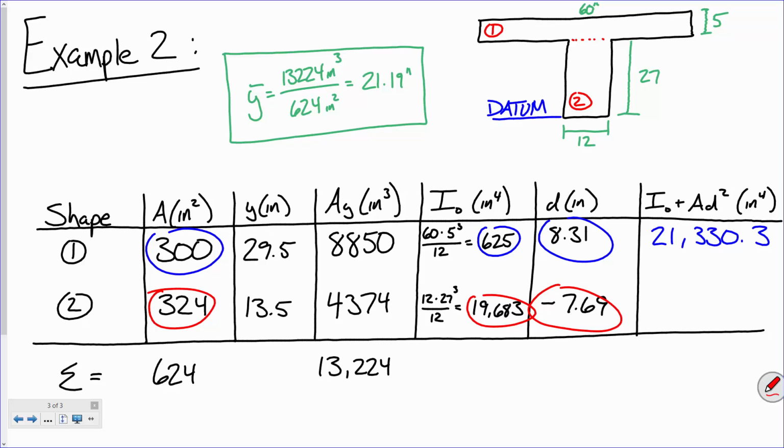And I end up getting 854.6. Are you getting that? Everybody matching that? All right. So add these two up, and I get 60,184.9. So what I'm saying is that for this entire shape,